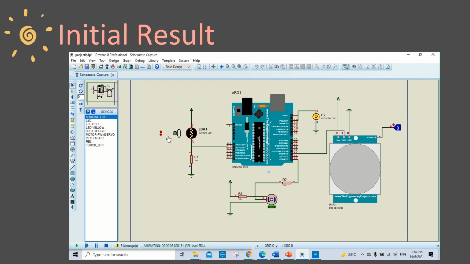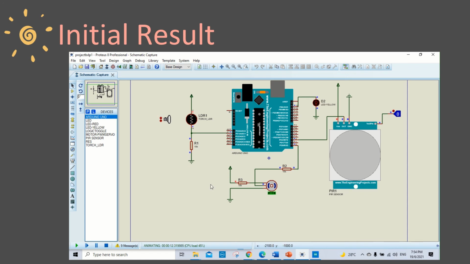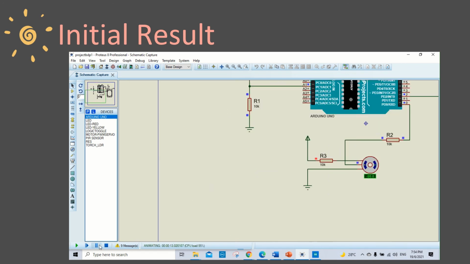And then when we press the logic toggle, the LED also runs, and the servo motor will rotate 180 degrees. That's all the initial result from me. Thank you.